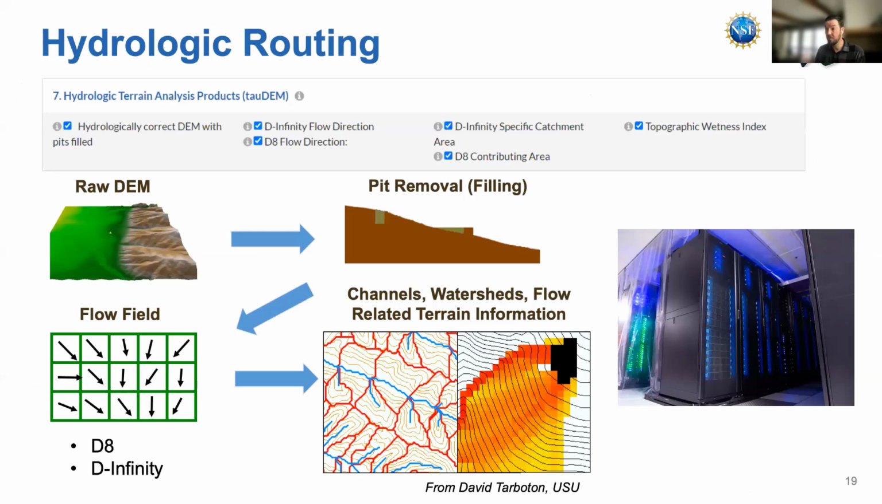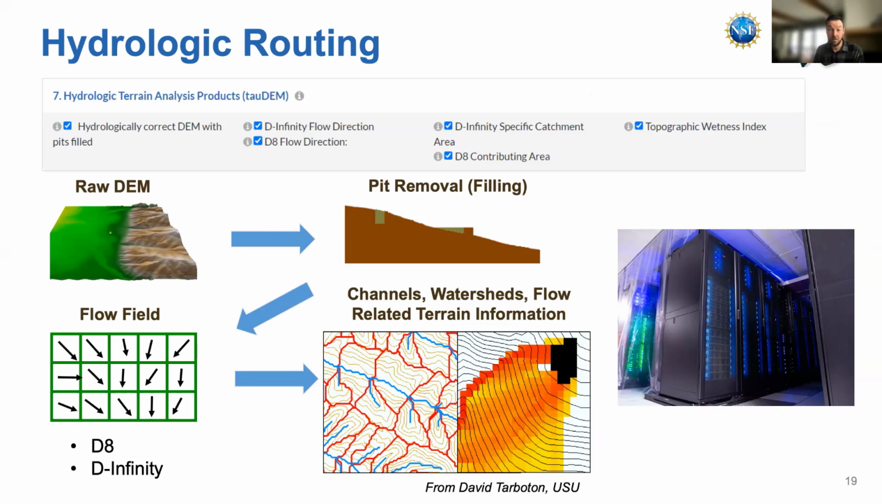Another tool that we have available that's more sophisticated, and we'll talk more about in a future webinar, is hydrologic routing. So this is using an open source product called TauDEM, developed by David Tarboton at Utah State University. And this is doing hydrologic routing. So this is similar to ArcHydro if you're more of an ArcGIS person. And so we will do things like pit filling, calculate flow direction using either D8 or D-infinity algorithms, and production